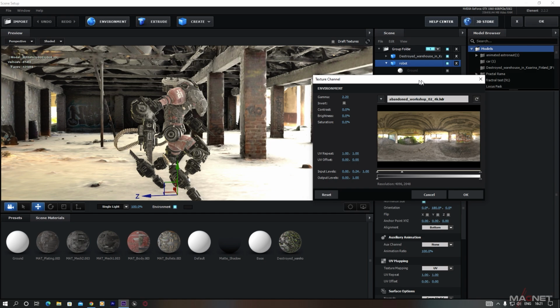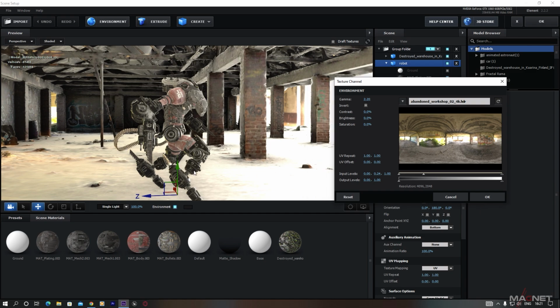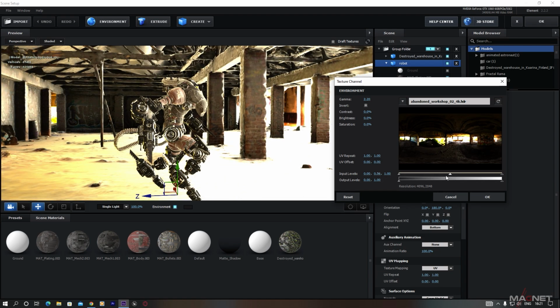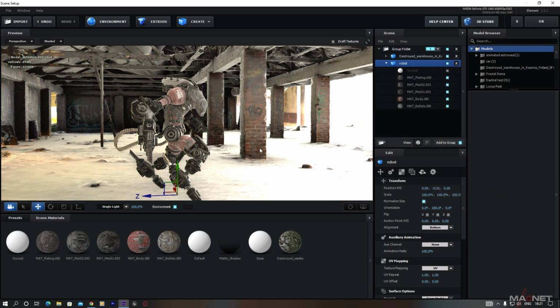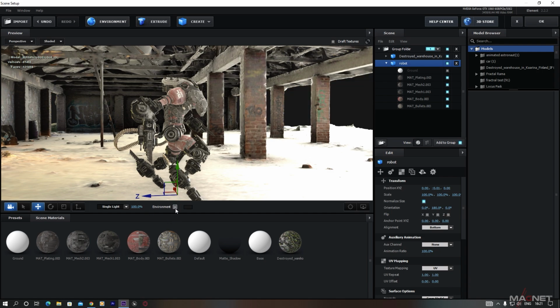Okay, and you can also decrease or increase the light intensity by changing this slider here. Just like this, and you will see that the lighting of the scene is changed because of the previous shaders, that is the physical wave shaders. So now hit OK here, and if you go here, in default